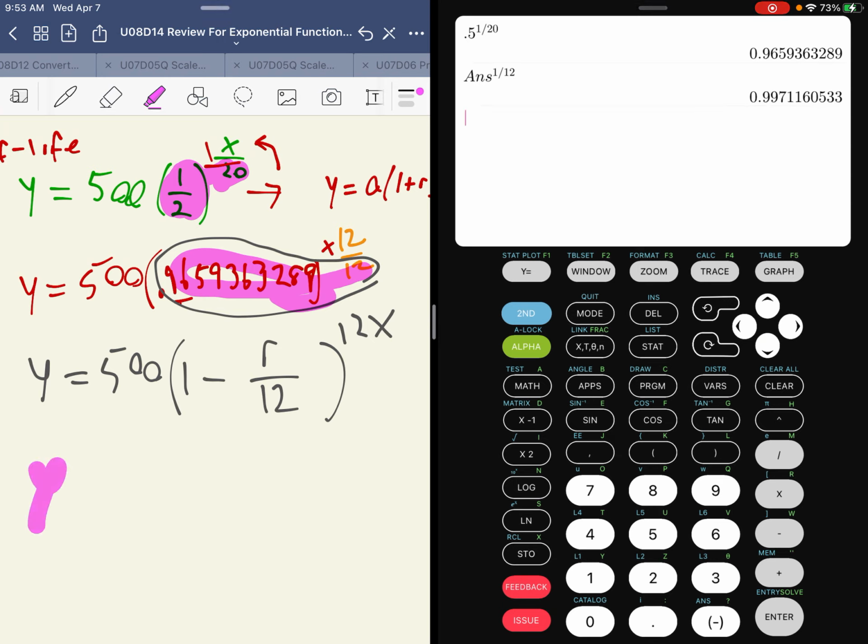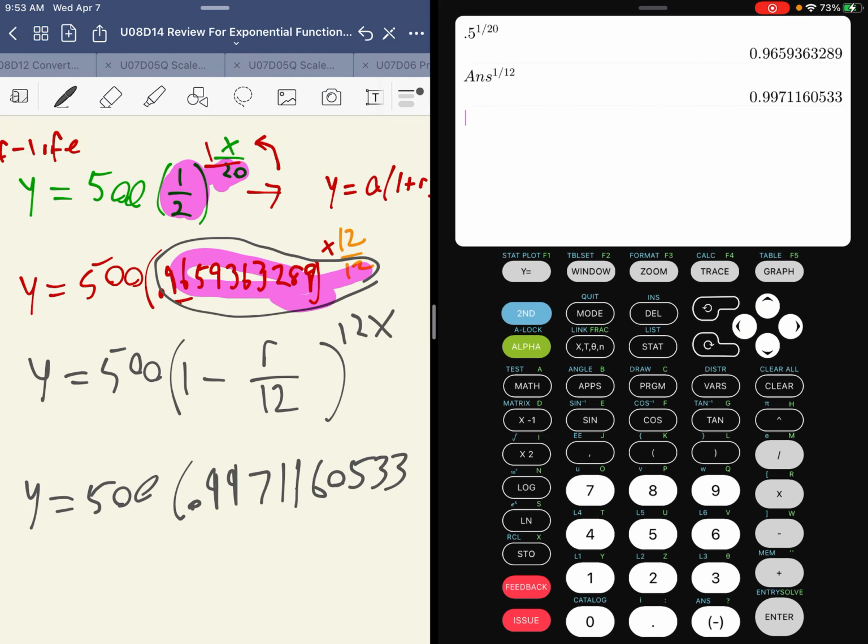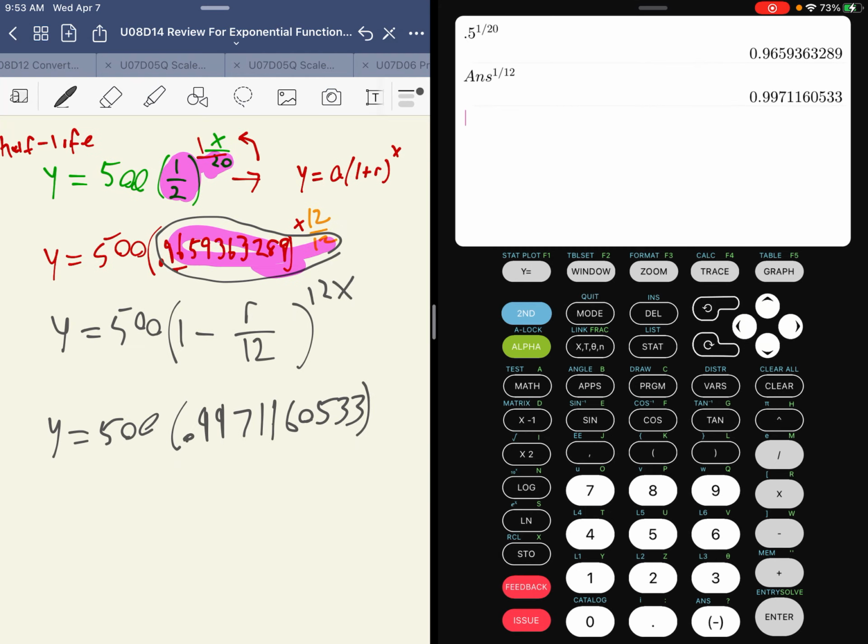And we're going to get y equals, so this is changing to a monthly rate, 500 times 0.9971160533 to the 12x power. This is almost in monthly format. I still have to write it as a 1 minus, so 500. So I'm going to write -1. I'm going to take my previous response and write -1